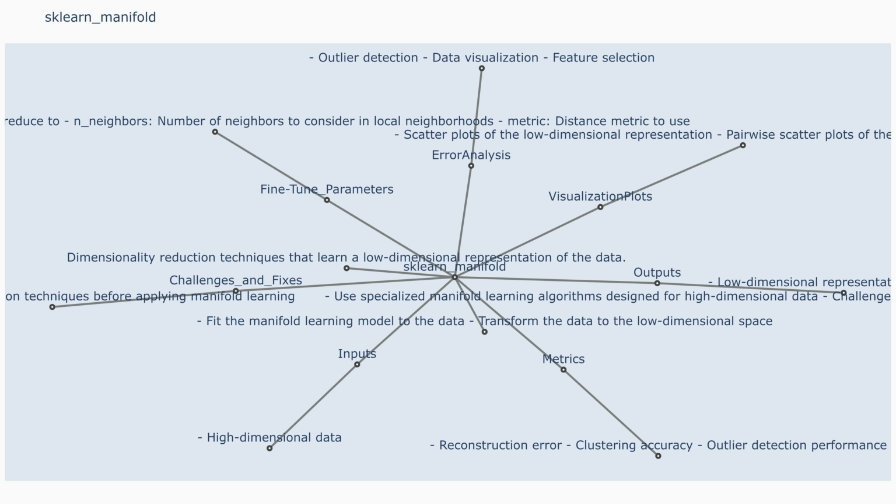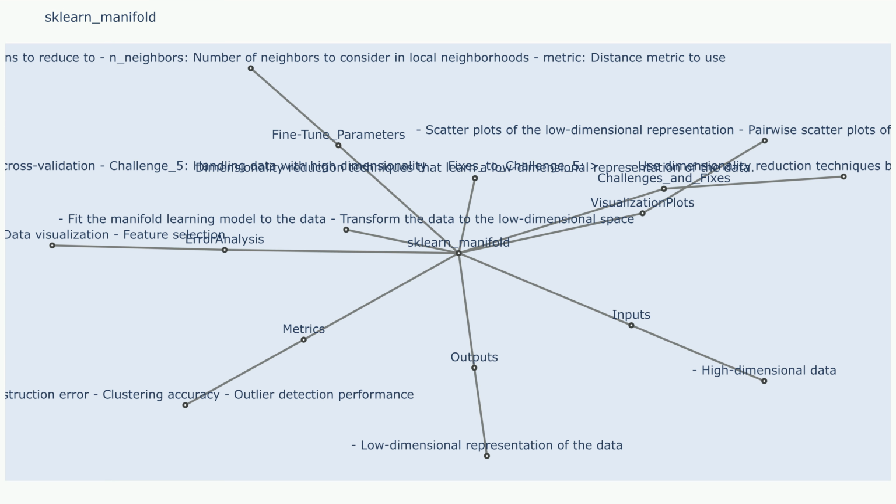sklearn.manifold. Description: manifold learning is a set of techniques used to learn the underlying structure of high-dimensional data by representing it in a lower-dimensional space. The goal is to preserve the essential relationships between data points while reducing dimensionality, making it easier to visualize and analyze the data. This often involves finding a lower-dimensional representation of the data that preserves certain properties, such as local neighborhoods, distances, or